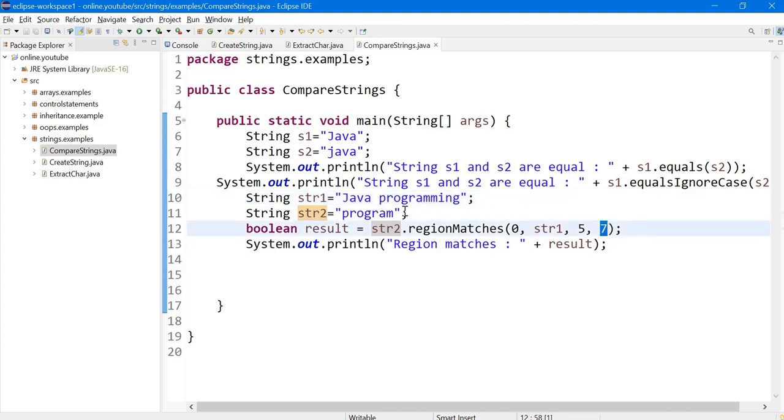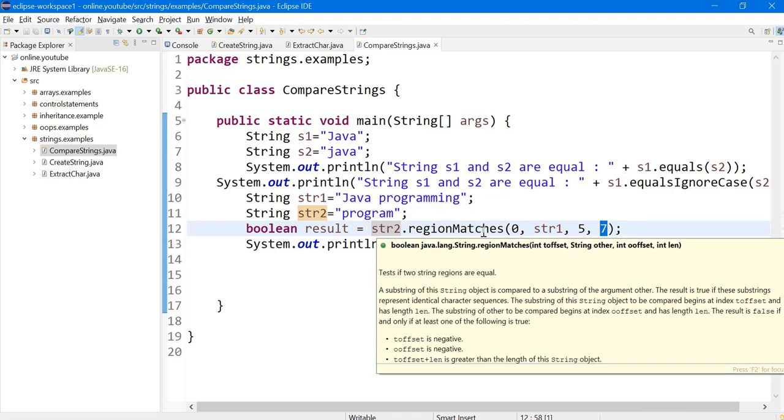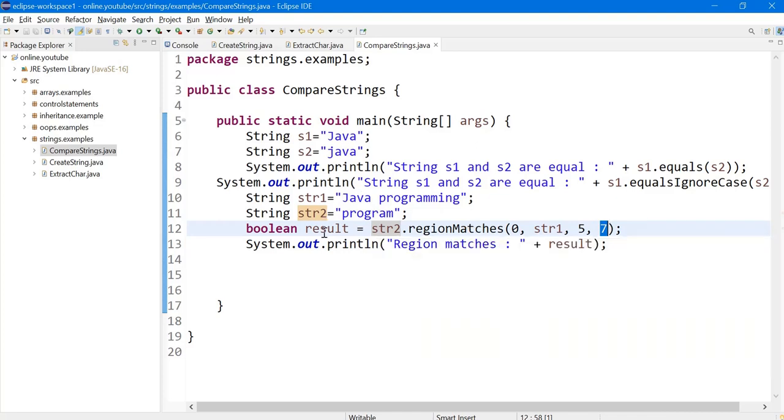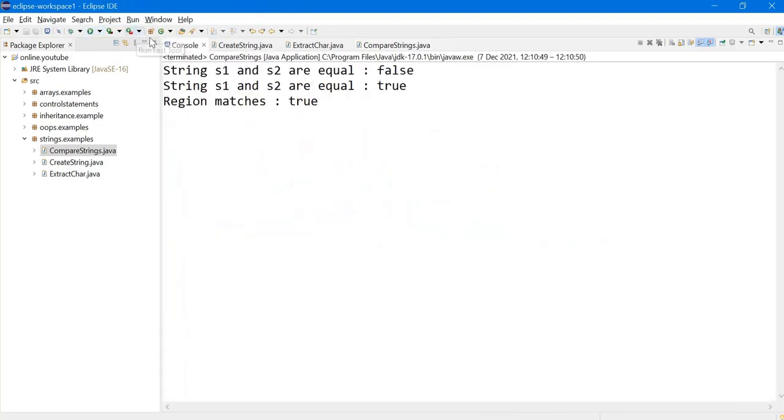Now if the region match is found, the result will be true, otherwise it is going to be false. Let us execute this code and find out the output. Obviously in the first instance it's going to be false. And because we are ignoring the case, then it is true. And the region match is also found, so the output is returned as true.